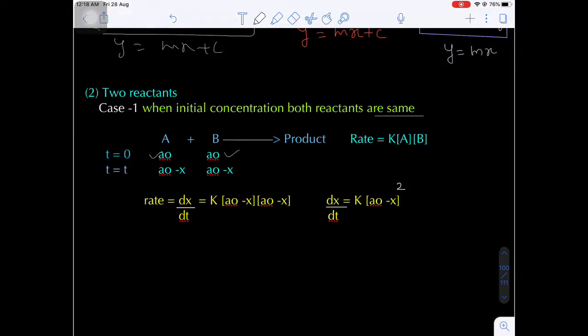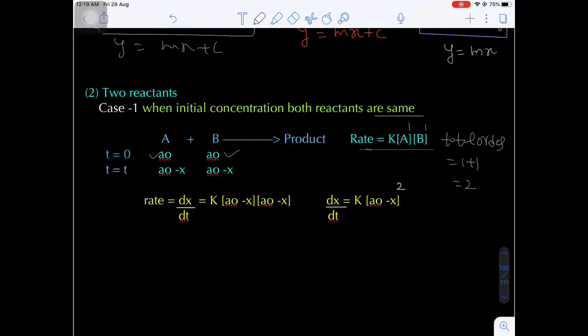So the remaining moles of reactant A and B at a time interval t are A naught minus x and A naught minus x. Now the rate expression R is equal to K times [A][B]. So here the exponents are 1 and 1. Order with respect to A is 1, order with respect to B is also 1. So the total overall order will be 1 plus 1, that is second order kinetics.